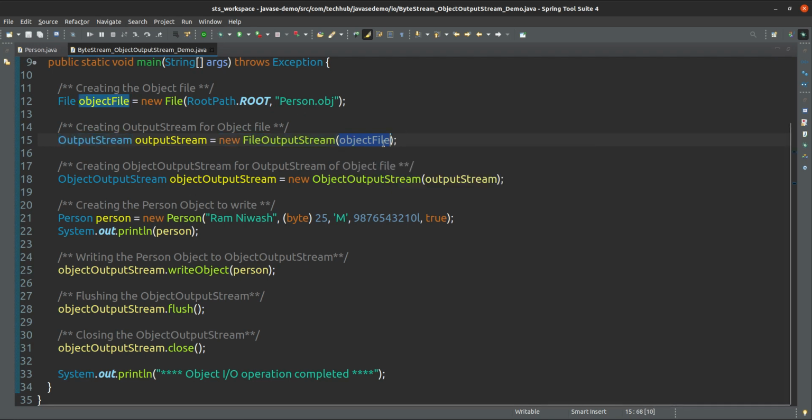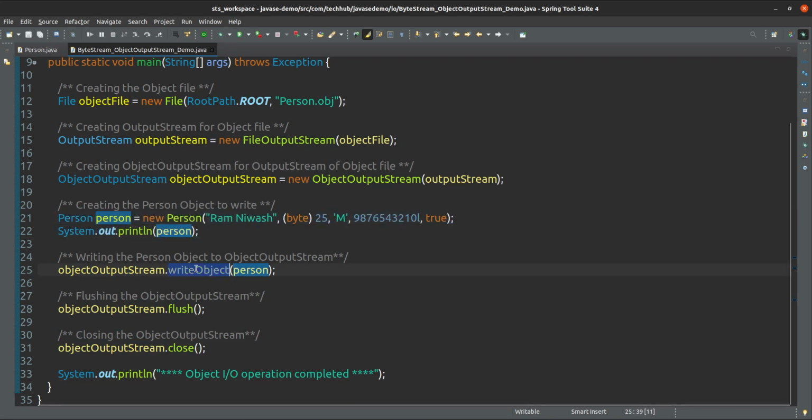For this file I have created one output stream, and by using this output stream I am creating an object output stream. This object output stream I can use to write the object. Here we can see the writeObject method is there. Which object? The Person object that I have created here.